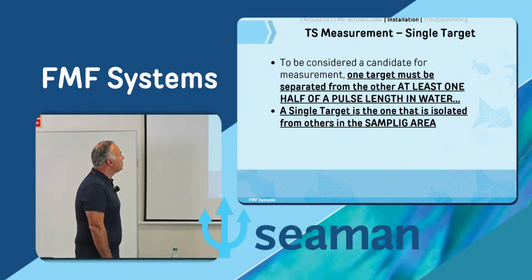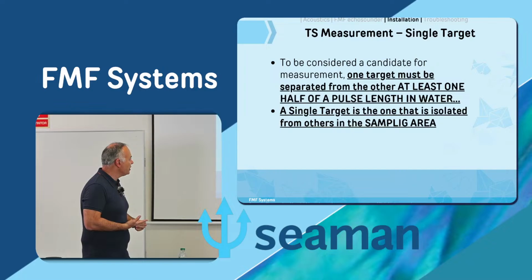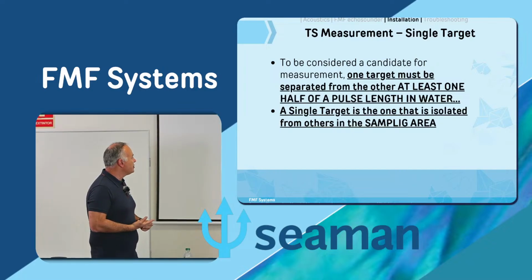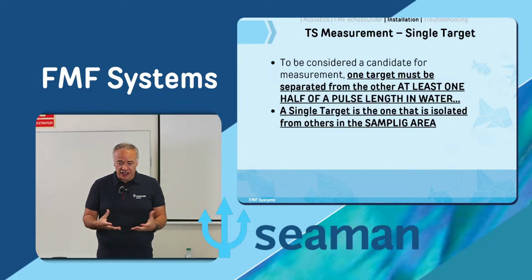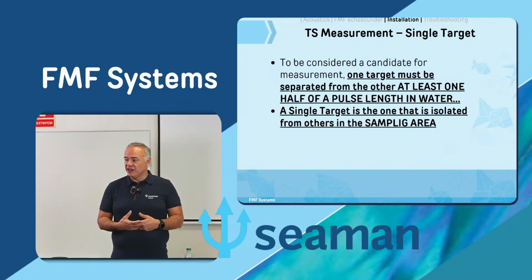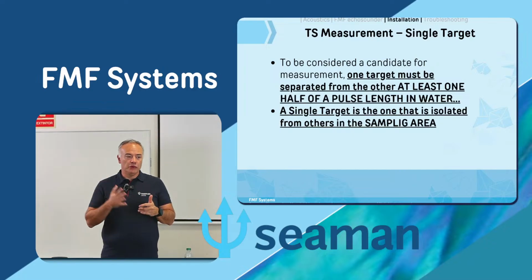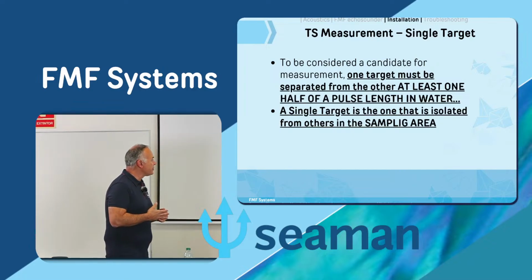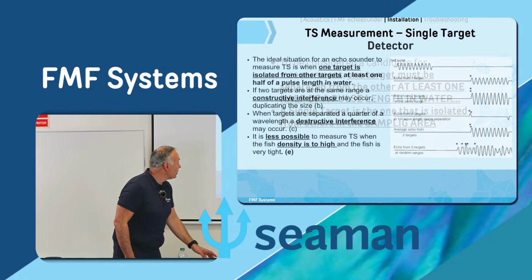In TS measurement, as I told you before, we need to have one target separated from the other by at least half of a pulse length in water. A single target is the one that is isolated from others in the sampling area. If you don't have an isolated target, whenever you analyze targets, they go through different algorithms. It will analyze the signal, and perhaps you will lose it because it doesn't pass the algorithm. You'll see clearly here,